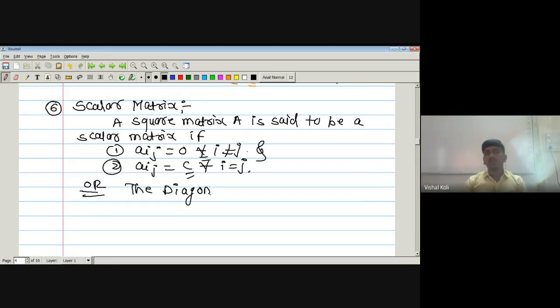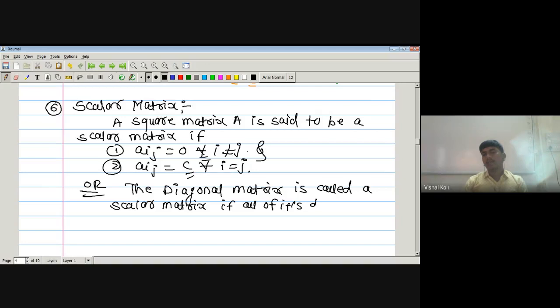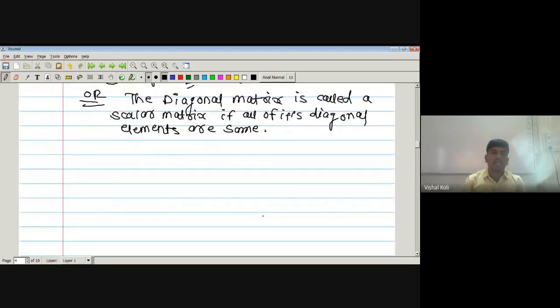Another definition is that a diagonal matrix is called a scalar matrix if all of its diagonal elements are the same, that is, aij is equal to c for all i equal to j. Such a matrix is called a scalar matrix. Okay, for example,